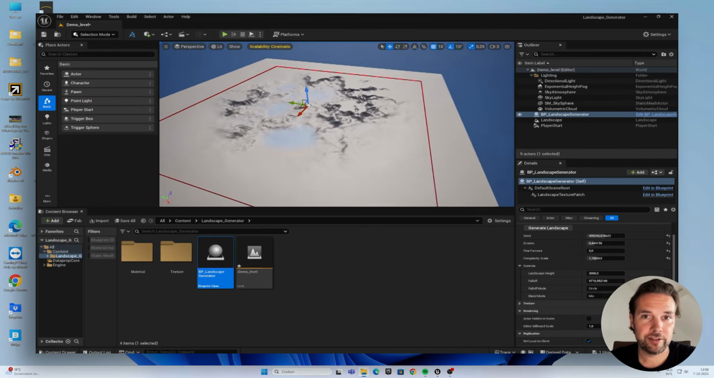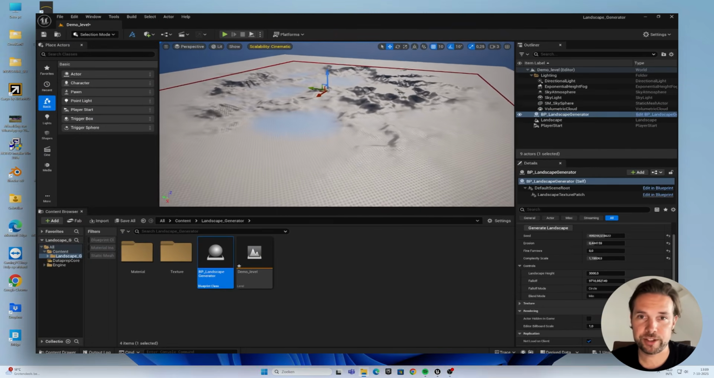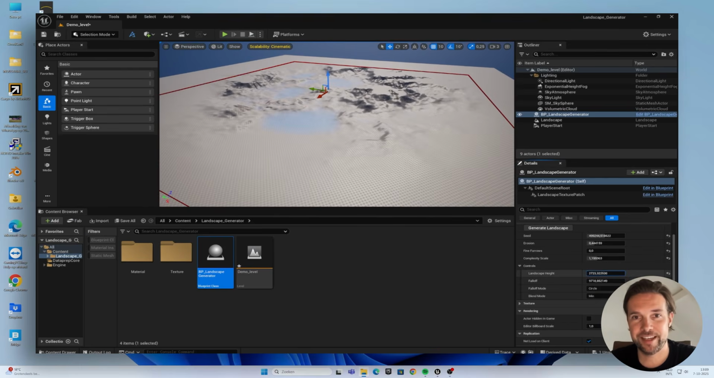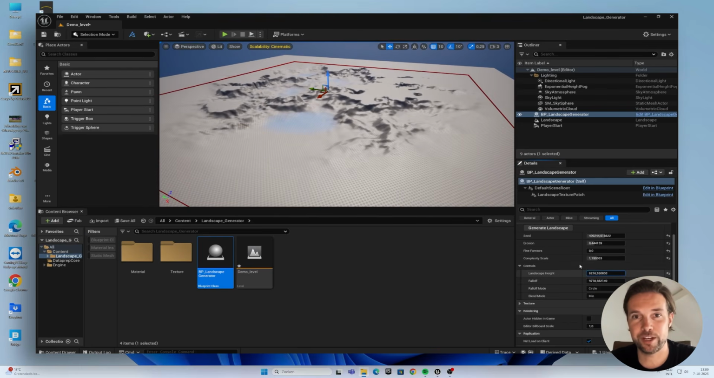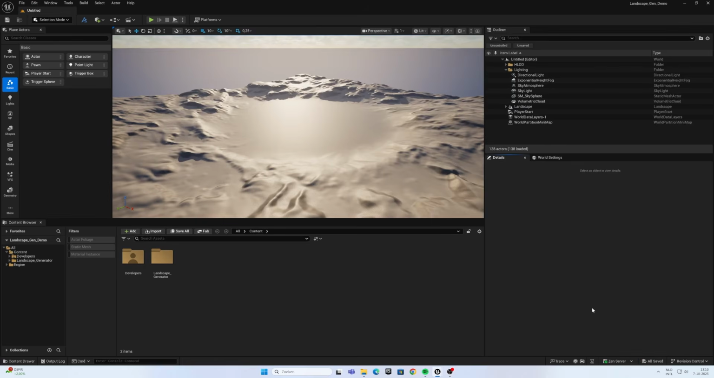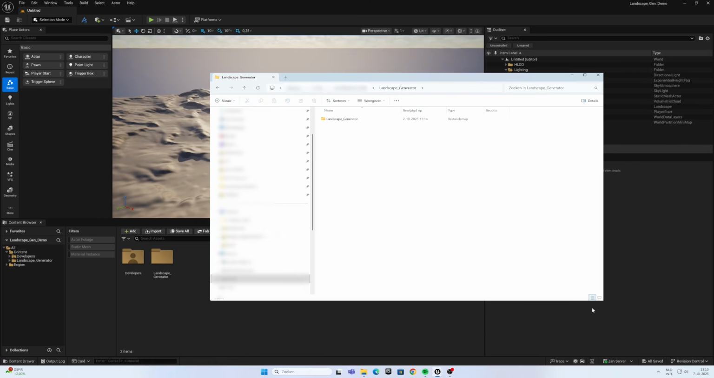Now, stick around, because in the rest of this video I'm going to explain exactly how you can set it up and use it to create your landscape in no time. So, let's dive in. Okay, when you have downloaded the project from the Fab Marketplace or my Gumroad page, open